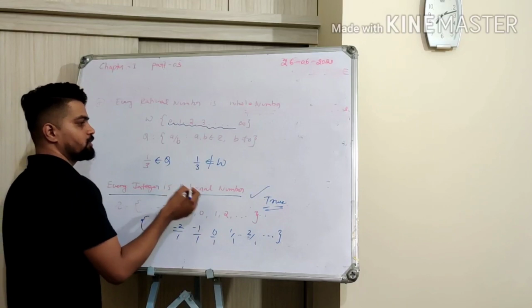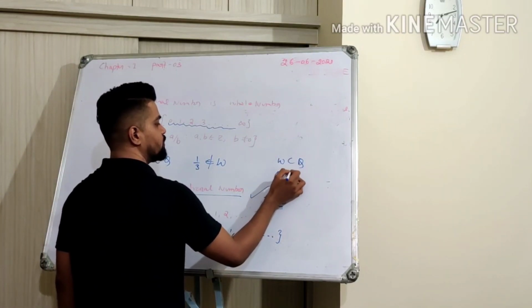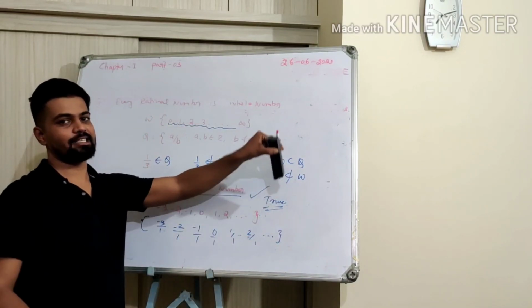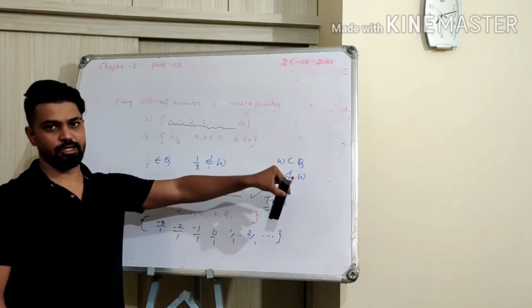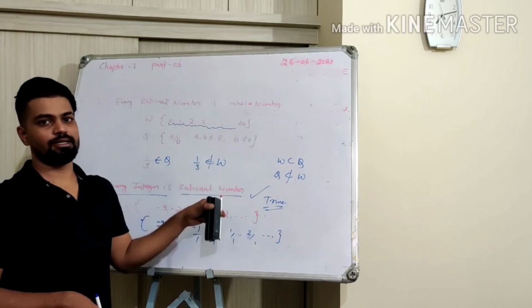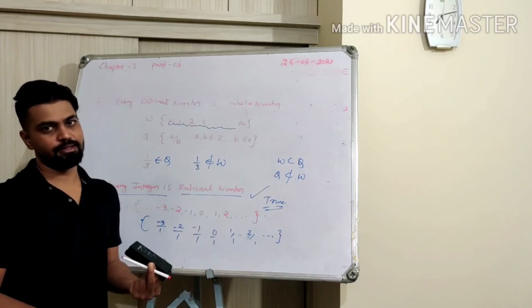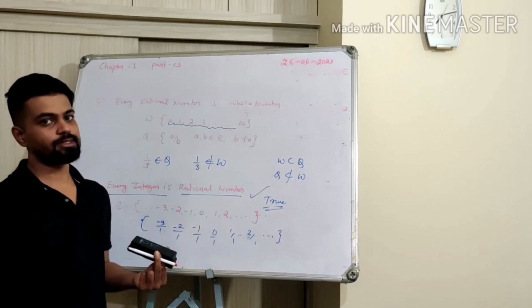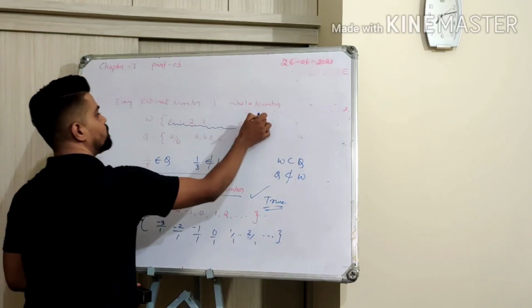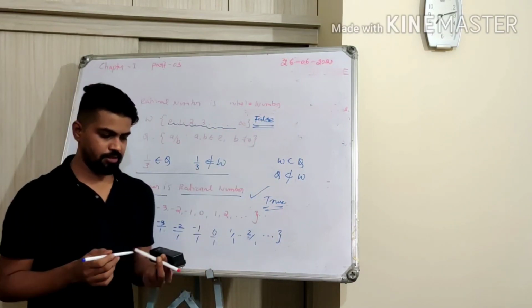Okay, so that is why whole number is a subset of rational number and rational number is not a subset of whole number. Subset means the whole number is inside rational number. Rational number is the biggest set. There are some numbers outside the whole numbers which can be rational numbers, but all the rational numbers cannot be whole numbers. So all the whole numbers are rational numbers, but all the rational numbers are not whole numbers. The vice versa is not true. So that is the reason I can say this statement is false.